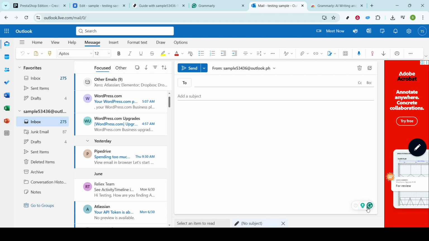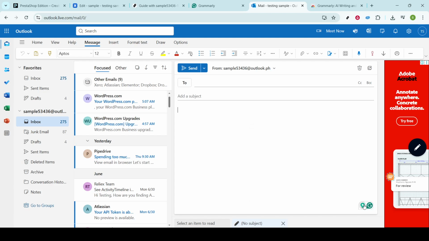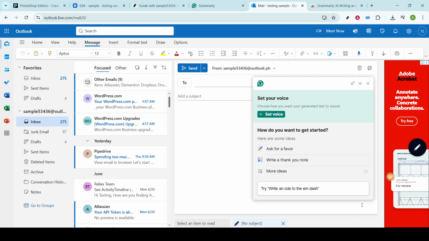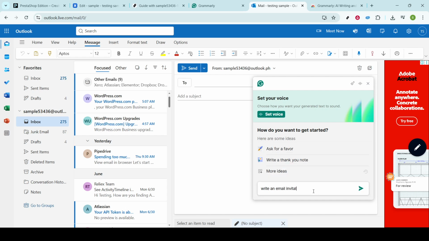In the Compose window, you'll find the Grammarly icon typically located at the bottom. A quick click here, and you'll see the Grammarly interface pop up as a sidebar, offering real-time suggestions on any text you write. Start drafting your email, whether it's a short note or a detailed message, and let Grammarly work its review magic. It will offer suggestions for grammar corrections, style improvements, and even tone adjustments to help align with